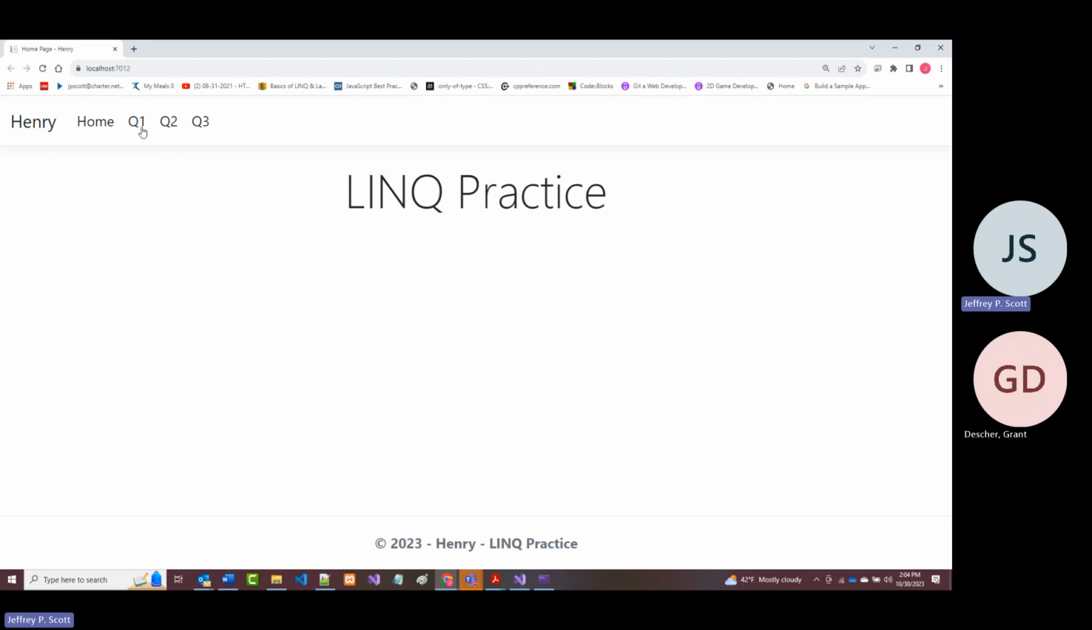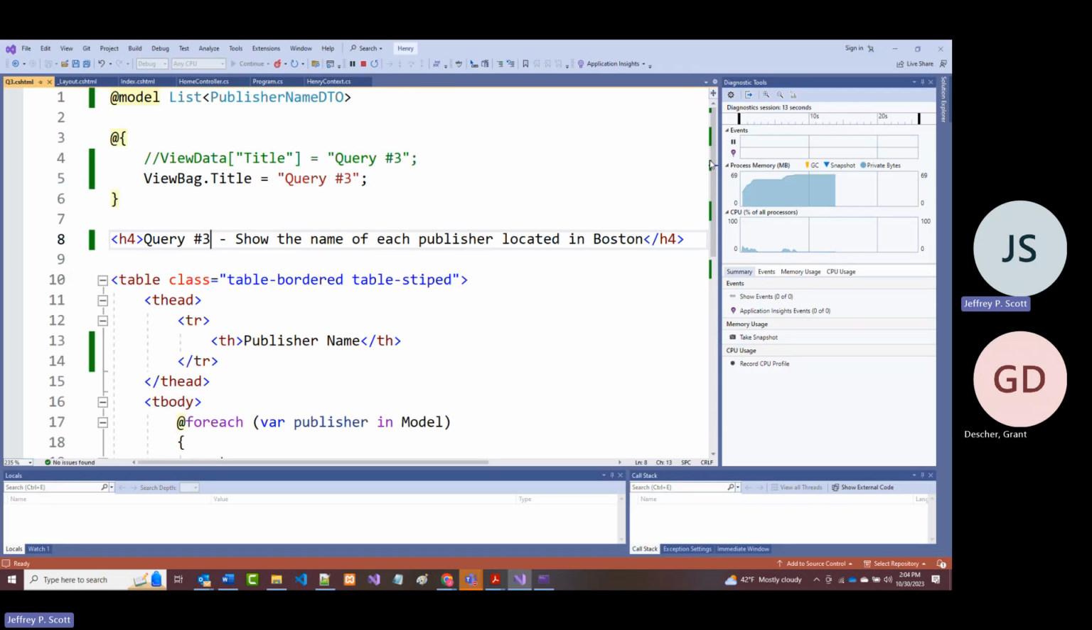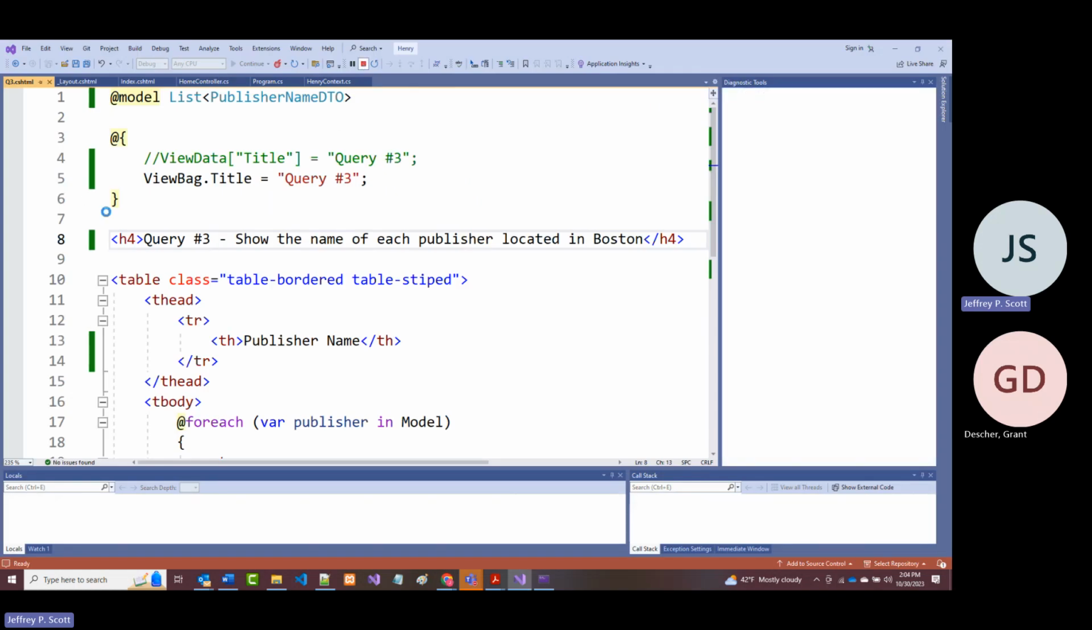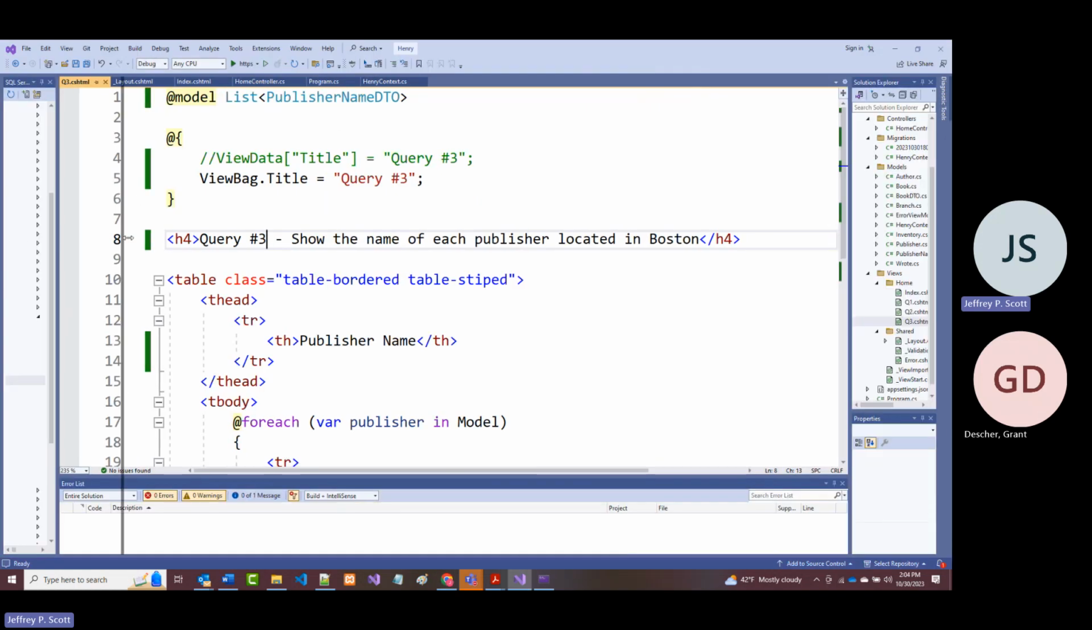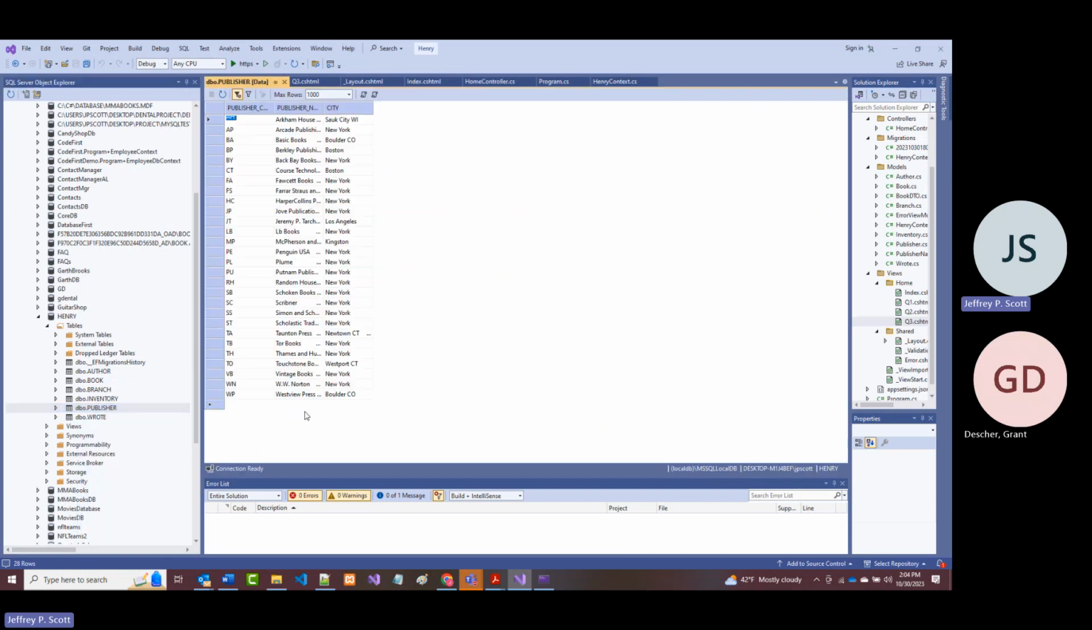You already saw Q1 work, and so did Q2, and here's Q3. And there's our 2. Now, that's Berkeley and Course Technology. Of course, if I wanted to be extra sure, so we got Berkeley and Course Technology. So if I go back in here and I look into my publishers table and I view the data, all right,